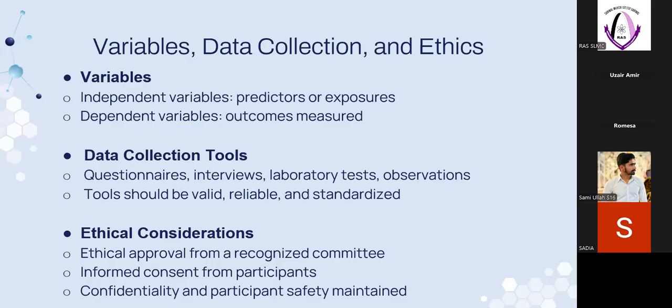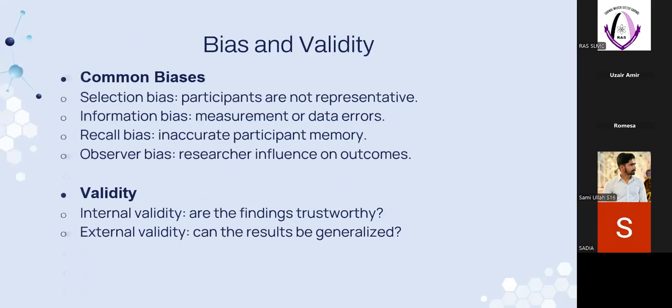Now, next thing, we have bias. We have mentioned bias so many times. What does bias actually mean? Basically, there are different types of bias, and in a research paper, a small amount of bias always exists, especially at our level. Especially in cross-section research, there's always a bias because we are often using convenience sampling. So there is a selection bias. This is the most common type of bias actually, selection bias.